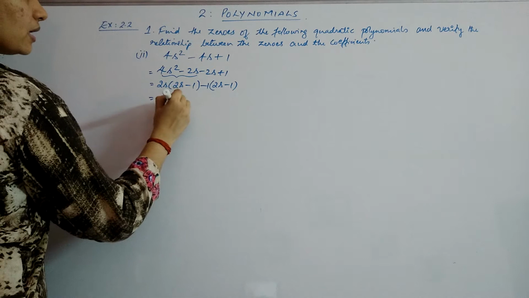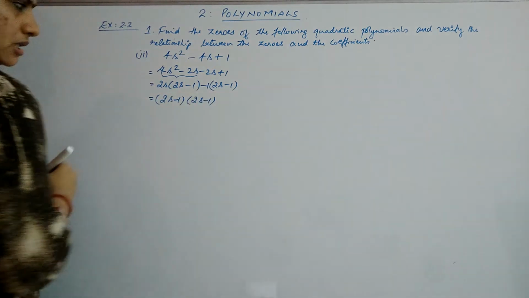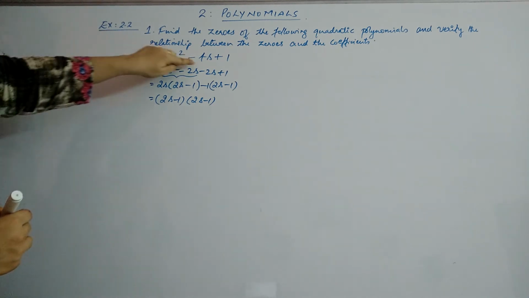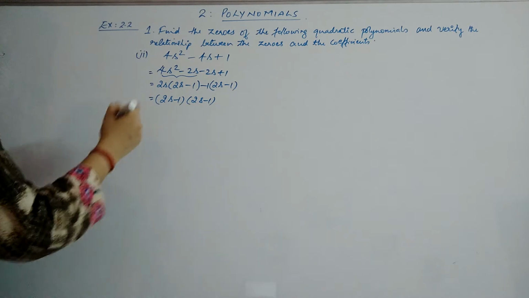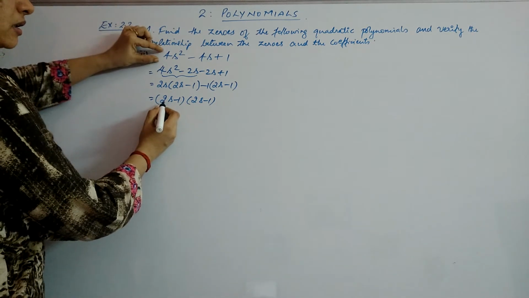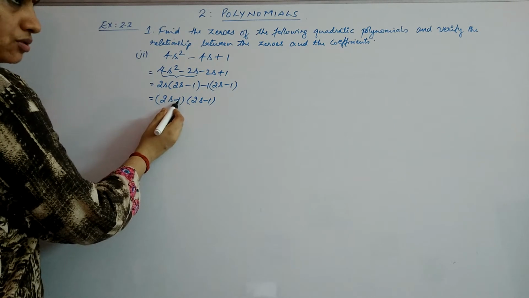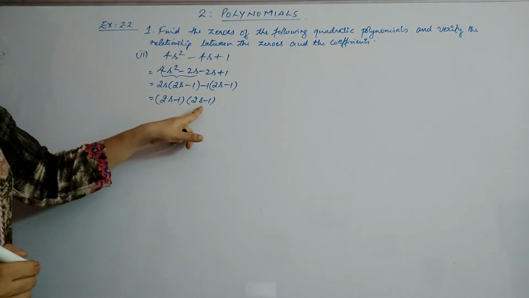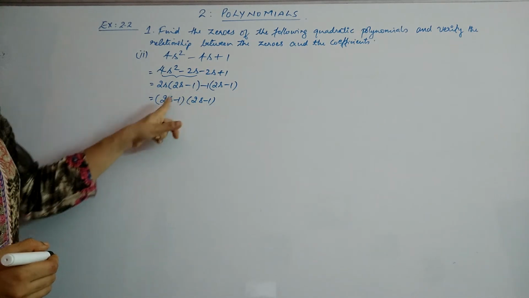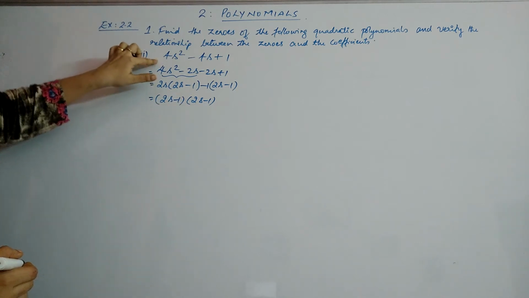From both the things you can take out 2s minus 1 in common, so that the remaining will be again 2s minus 1. So your 4s square minus 4s plus 1 is 2s minus 1 into 2s minus 1. That means this has zeros when 2s minus 1 is equal to 0, or you can say s is equal to 1 by 2. 2s equal to 1 and s equal to 1 by 2. But it is actually repeated zeros. So 1 by 2 comma 1 by 2 will be the zeros of the given polynomial.